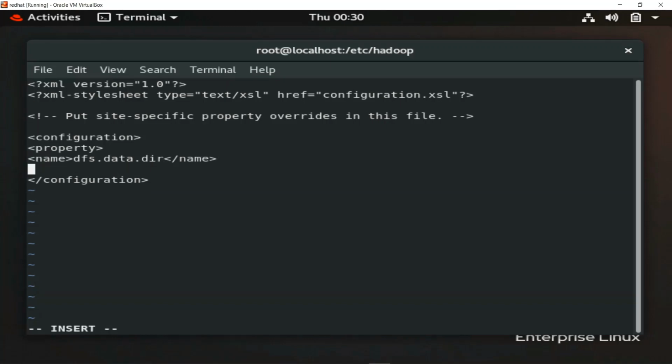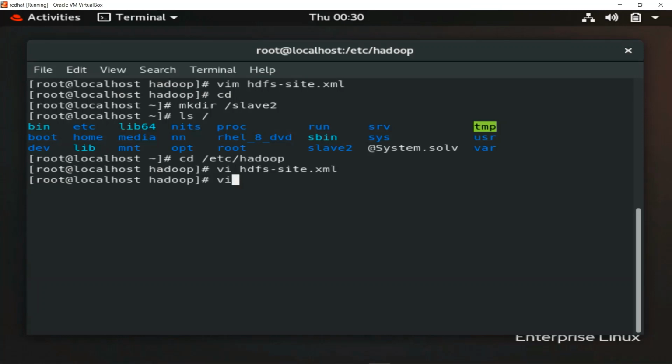After the name we have to give a value. In the value give the directory name that we just created, that is slave2. And close this property. Close. And we save this file.